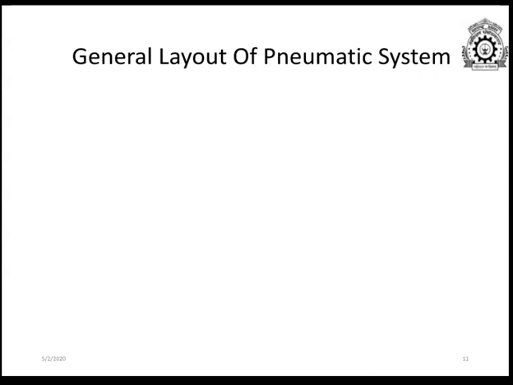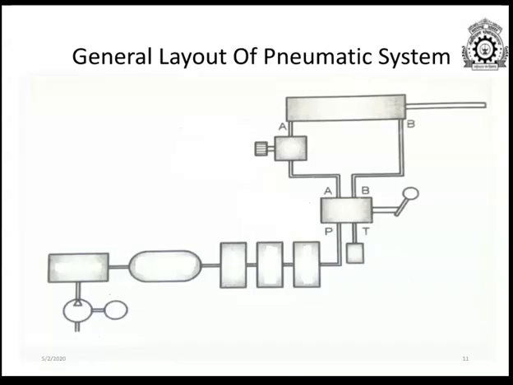So this is the general layout of a pneumatic system. In a pneumatic system, as we already described, we have to use air. So air from the atmosphere we have to use. That air we have to compress here with the help of the pump and motor. Then this air is supplied to the air dryer, where any water bubble is there, we can dry it out. Means pure air will be supplied to the system. Then it is supplied to the air receiver tank, where the air will be stored, and whatever air is required, only that air will be supplied. The remaining air we can store in the air receiver tank.